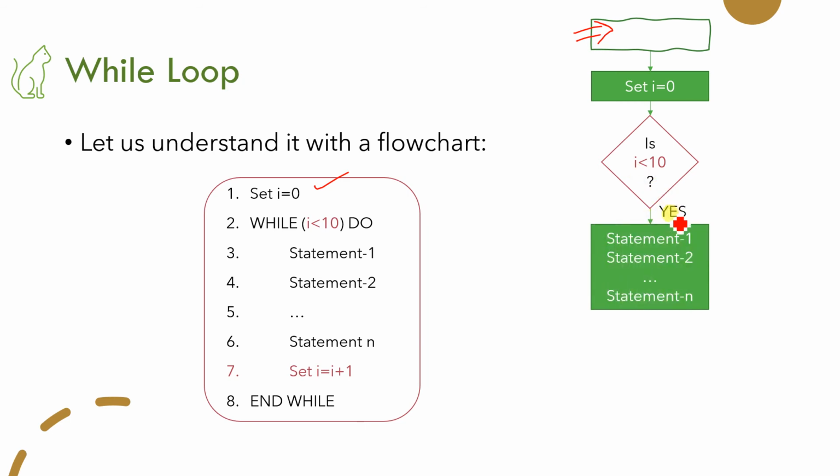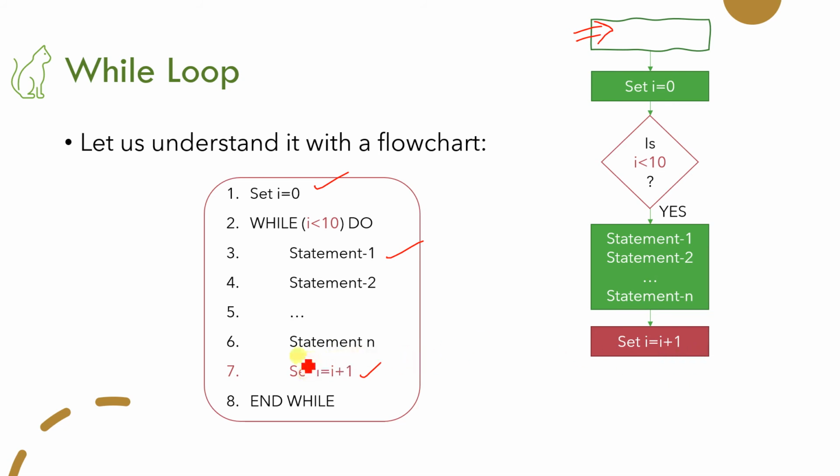So that's why this is the yes part, and after the yes part, we need to execute all the statements. I'm assuming that all the statements are processing statements, so I have written all the statements inside a processing block over here. It is not representing any particular problem, but it is a generalized situation. So I have written all the statements inside a particular box. After that, the next statement is set I is equal to I plus 1, which is also a processing statement. So I have written it like this.